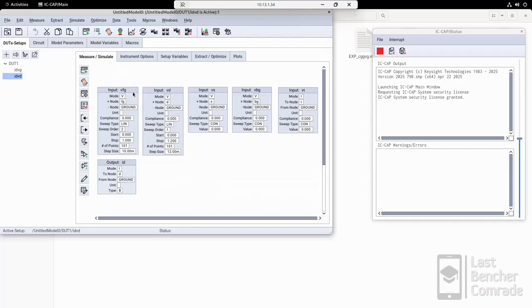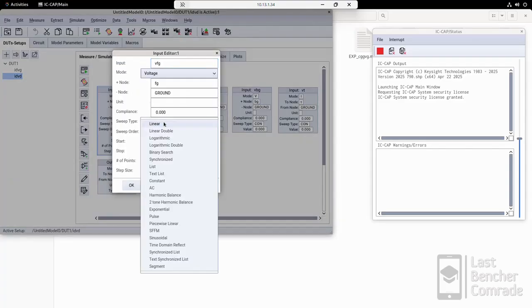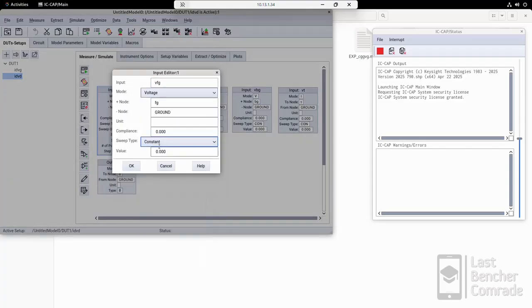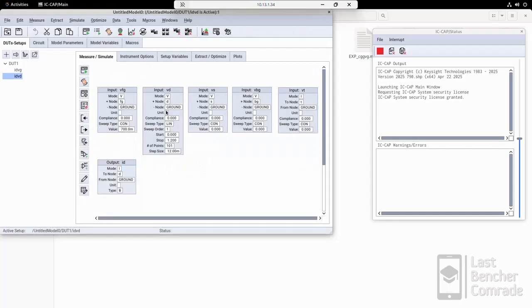Okay, now VFG, I want to keep a constant value of maybe 0.7 volt. Now I have VD with sweep order 1. Okay, yes, VFG, VD. I again want to visualize ID,